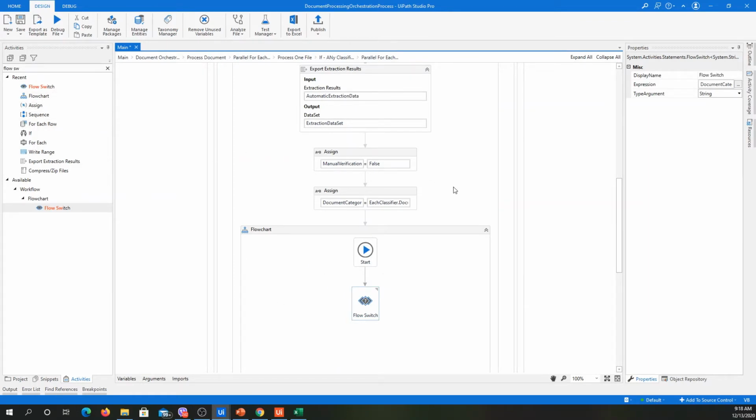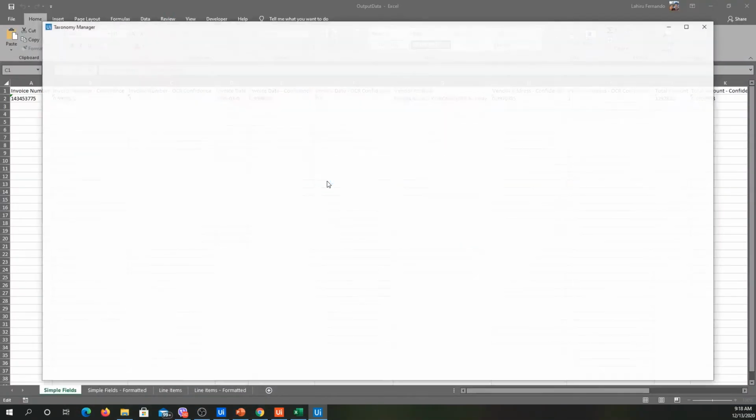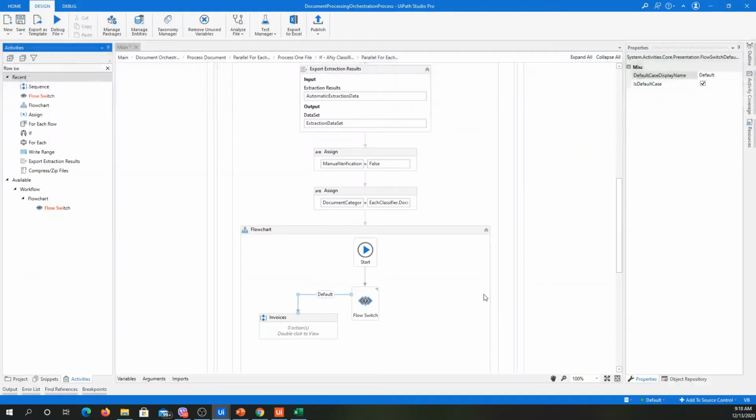So I'm not going to do this for all the document types. I will do it for one so that you can get a clear idea how it has to be done. So in here I will say invoices, and I'm going to add one path, and this path is going to change as invoices. So for this I need to use the same name as we get over here because this is the output that we get from the document category. And for invoices,